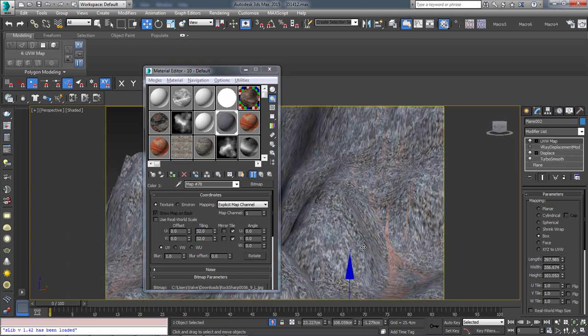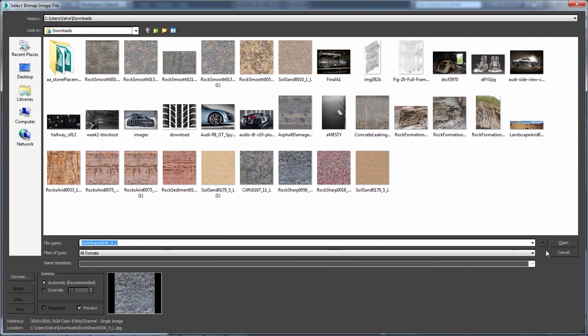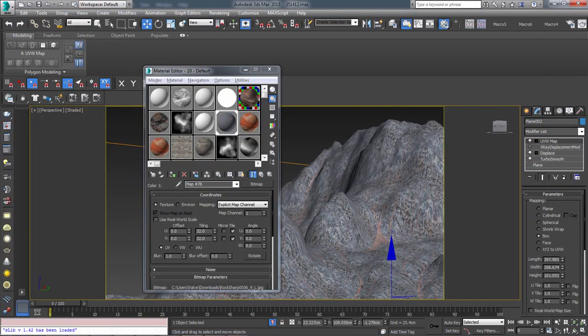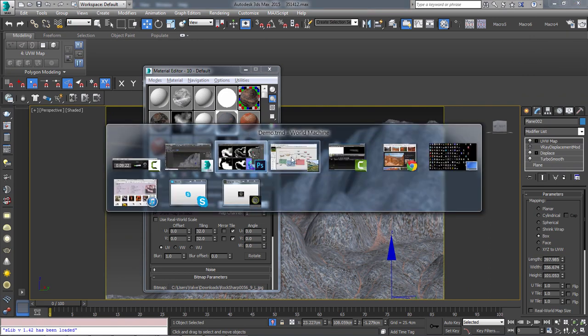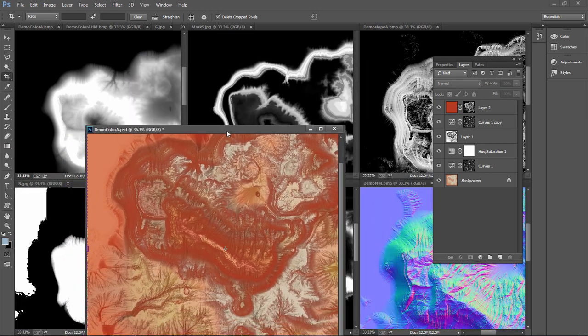I mean, this is like a 3K map, right? Let me see. Yeah, it's a 3K map. It's definitely not small. And it's going to get all noisy in the distance, right? Which isn't really great, especially if you're doing landscaping or landscape style stuff. Like I showed you for the demo,